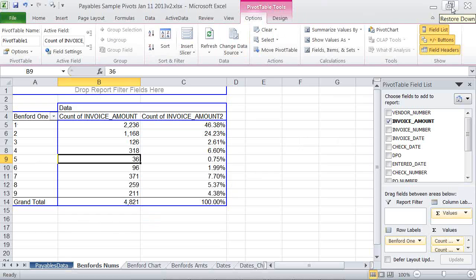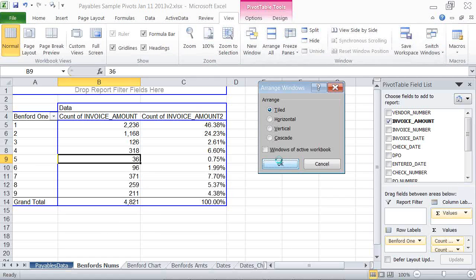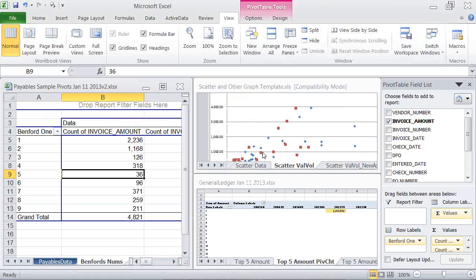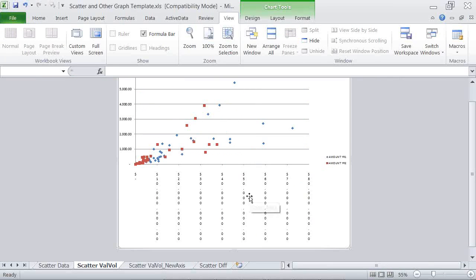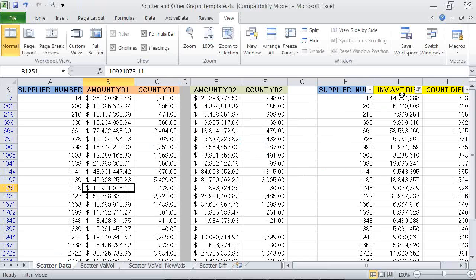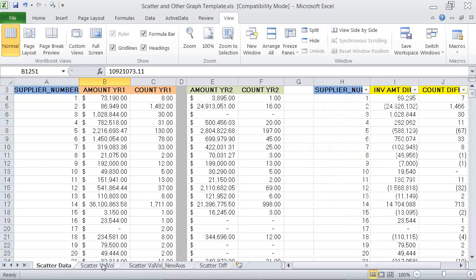I just want to get out of this spreadsheet here, so I go to View, Range All. That'll be great. Okay, perfect. So what I also wanted to show you is how to filter. And we're going to talk about a few of these graphs, but for the most part, the filtering capability, I'm just going to turn off the filter and just say select all for a second here.